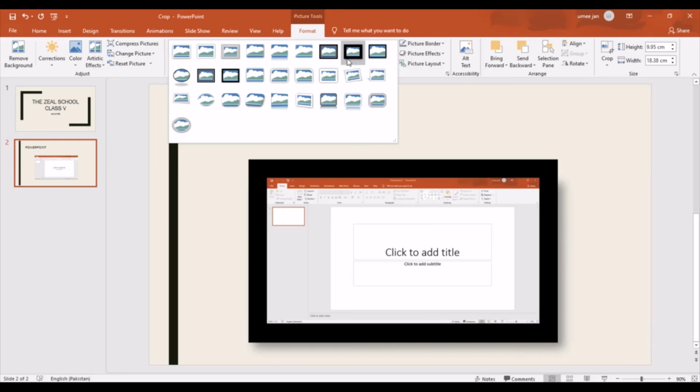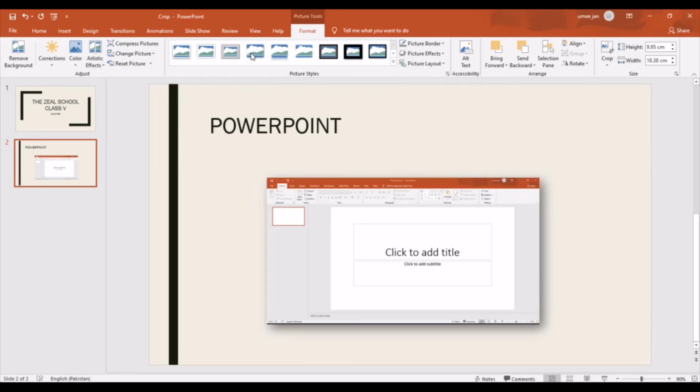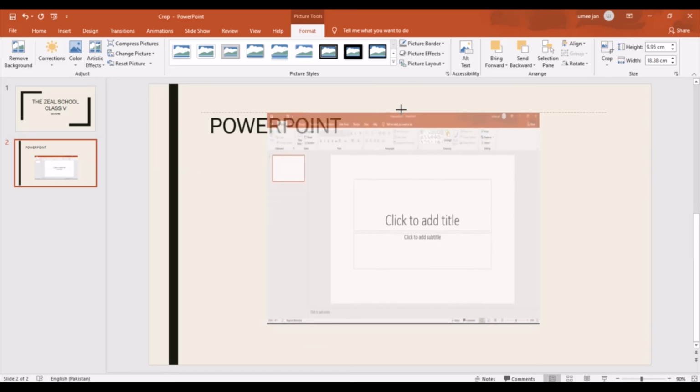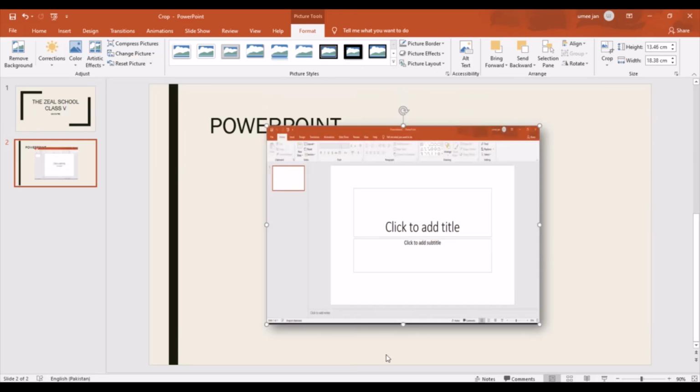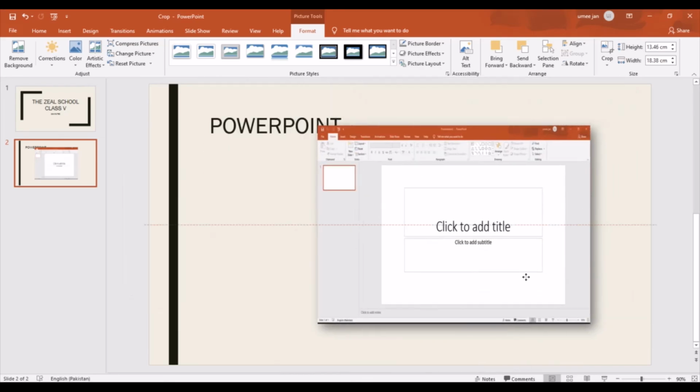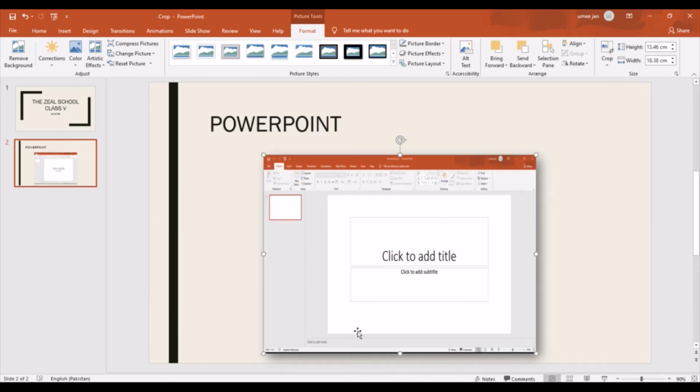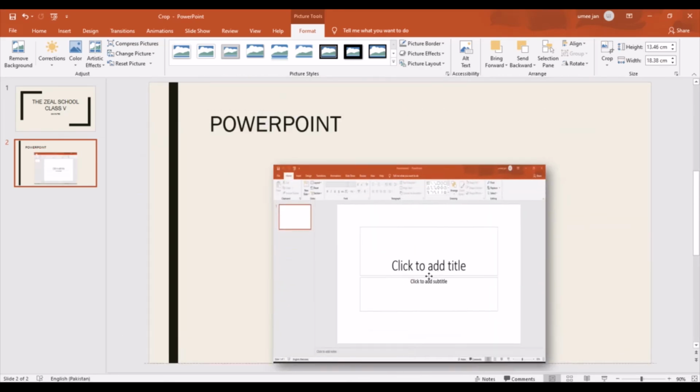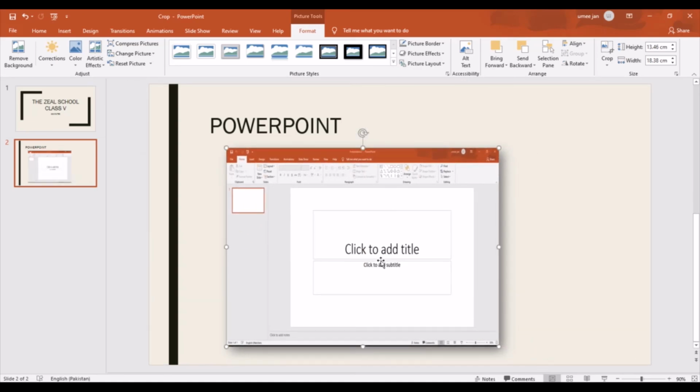Okay, and we can adjust the size of the picture by pressing the arrow above, and we can change the place of the picture by clicking on the middle of the picture and then moving the cursor where we want.